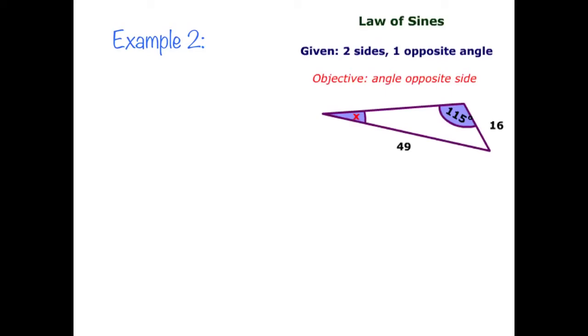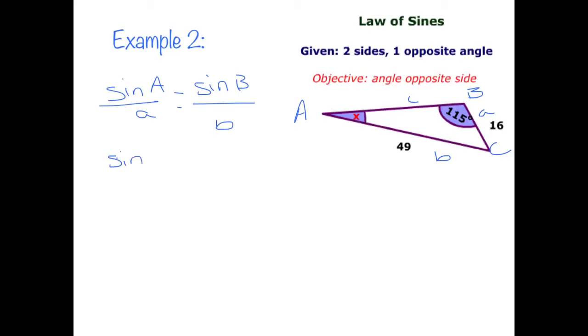Example 2, we're going to solve for an angle this time. So I'm going to label everything, though it doesn't really matter. In this case, I'm going to be using angles A and B, so let's set those up. Sine A, sine B, over a, over b. Fill in the values. This time it's going to be the sine of x over 16 equals the sine of